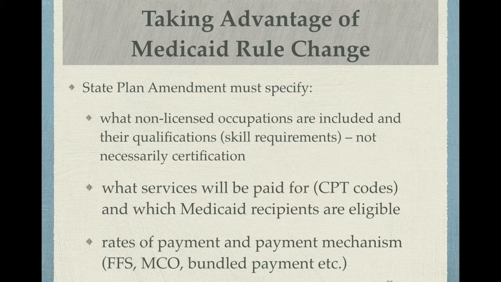In order to take advantage of the opportunity, however, the state must submit a Medicaid state plan amendment, not a waiver, which must specify the following policy choices: which non-licensed occupations are to be authorized for payment, and the qualifications each must have. Note that this does not require the state to implement certification of CHWs. What preventive services will be authorized for payment, which will almost certainly be services that are currently authorized for delivery by licensed clinicians, and which Medicaid recipients or eligibility categories may receive them, such as children, pregnant women, or individuals in